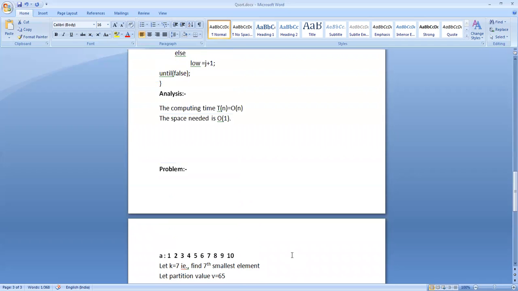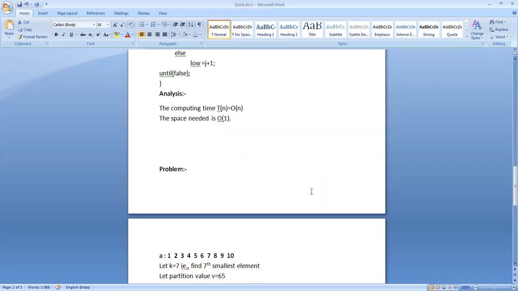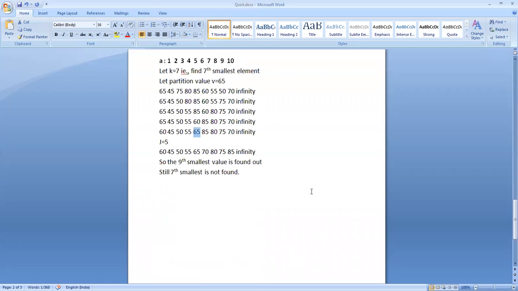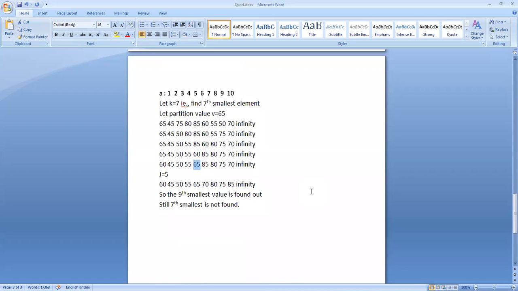The time complexity for this algorithm is order of n. Sometimes we may have to search all the n values. Okay, the best case is the first attempt. I wanted to find the fifth value, and straight away I find the fifth value. In that case, the time complexity is 1. Okay, so this is the logic behind this selection sort.